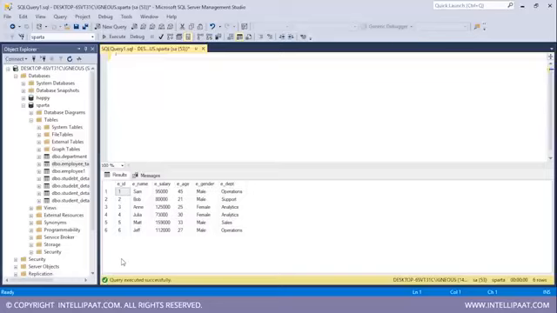So I'm going to create a scalar valued function which will take one integer value, add 5 more to the original value and return the updated value. So let me type the syntax for that. Create function and then I'll give the function name which would be add 5 and inside the parenthesis I'll pass the first parameter. So I'll name the parameter to be num and this would be of integer type. After that I'll type the returns keyword and then the type of data which we'll be returning is also of integer type. After that I'll type as begin